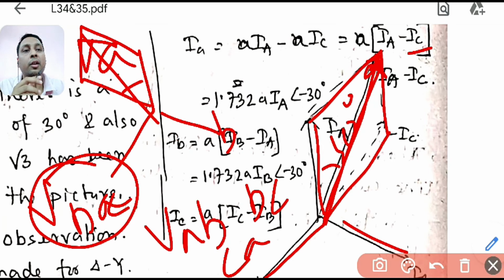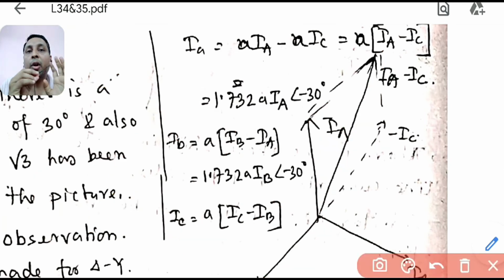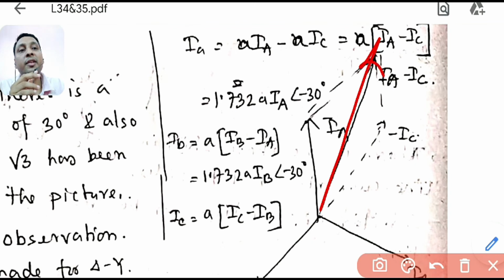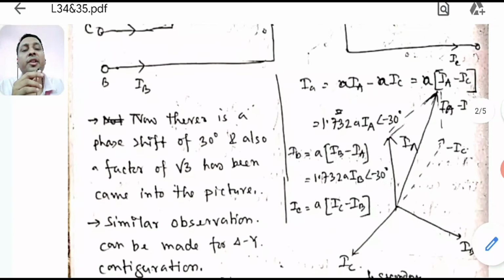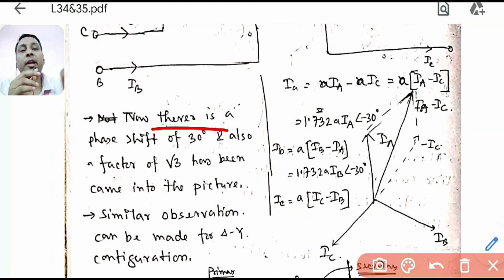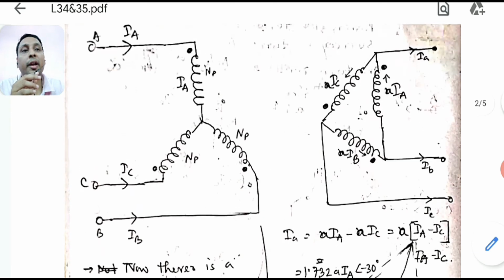So for voltage you have already learned that the line voltage leads the phase voltage by an angle of 30 degrees. That is for the standard AB, BC, CA. Similarly for current, if it is the standard drawing, and I have shown both ways, the first way is the standard one, then the line current will be lagging the phase current by an angle of 30 degrees. That's it. So that's why it is root 3 at an angle of minus 30. Similarly your IB, similarly your IC. So now what is my observation? There is a phase shift of 30 degrees. So in case of star delta or delta star, there will be a phase shift of 30 degrees between these two currents. What currents? The currents that the CT will measure.